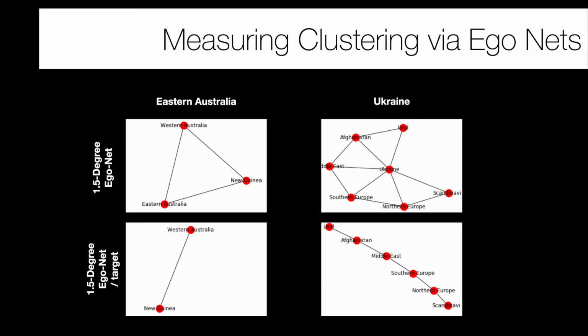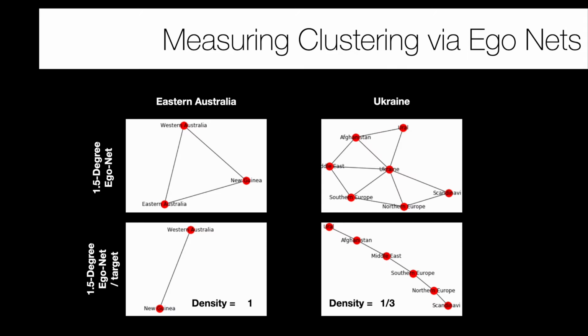How did we build this 1.5 degree egocentric network? Because that just adds edges that don't really tell us anything. And now we have a subgraph that we can then evaluate density in. So here we can evaluate density in these two 1.5 degree ego nets. And on the left, we see a density of 1, and on the right, we see a density of a